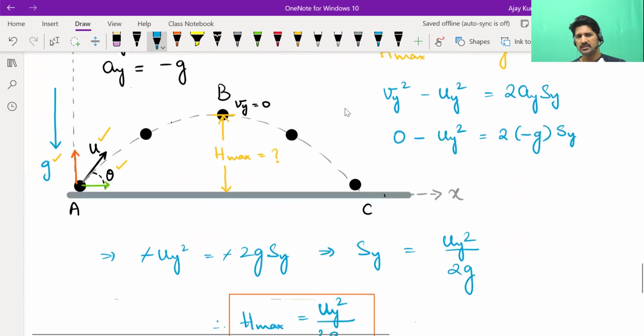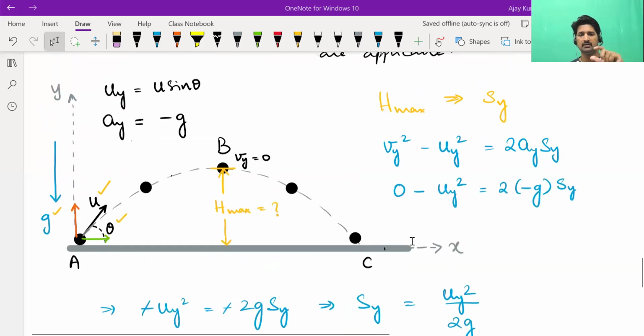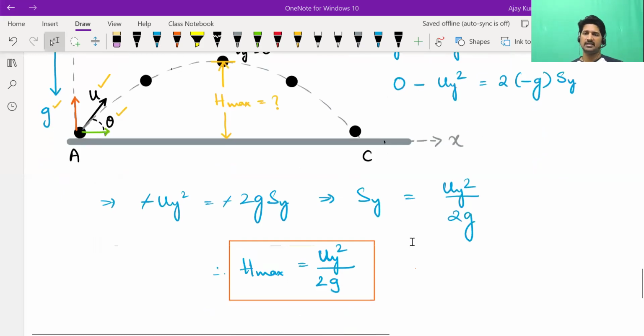So if an object is projected straight up with a speed u, all the velocity is in y direction. So in that case, uy itself is u. I mean, in the case where the object is projected straight up, initial velocity in y component is the complete initial velocity u. So there we got u square by 2g. But here in y direction, we don't have the complete velocity u. We only have a component. And that component is what takes it to the maximum height. So it's very similar to u square by 2g, but in place of u, you should substitute the y component, now uy square by 2g.